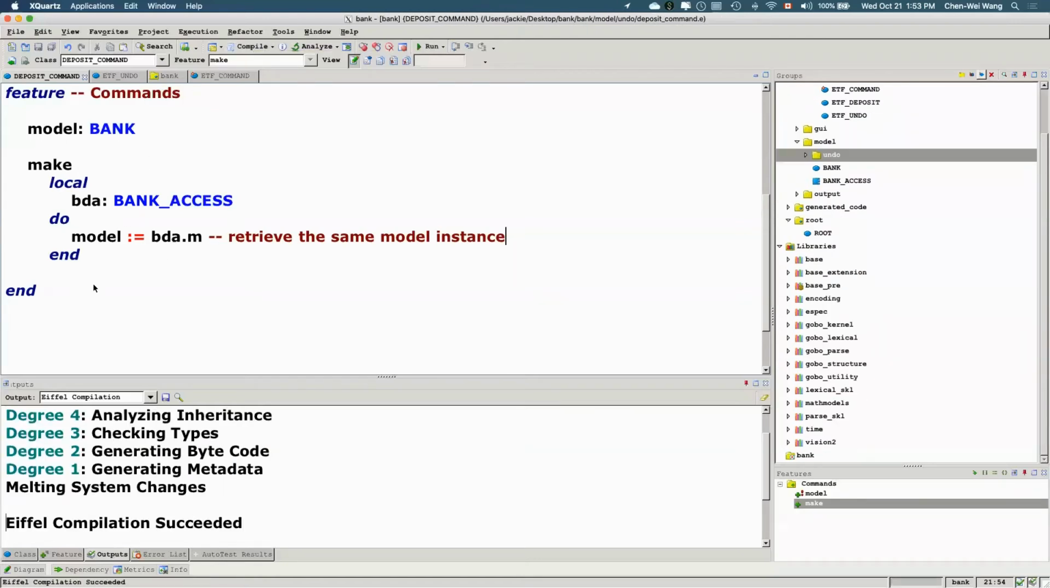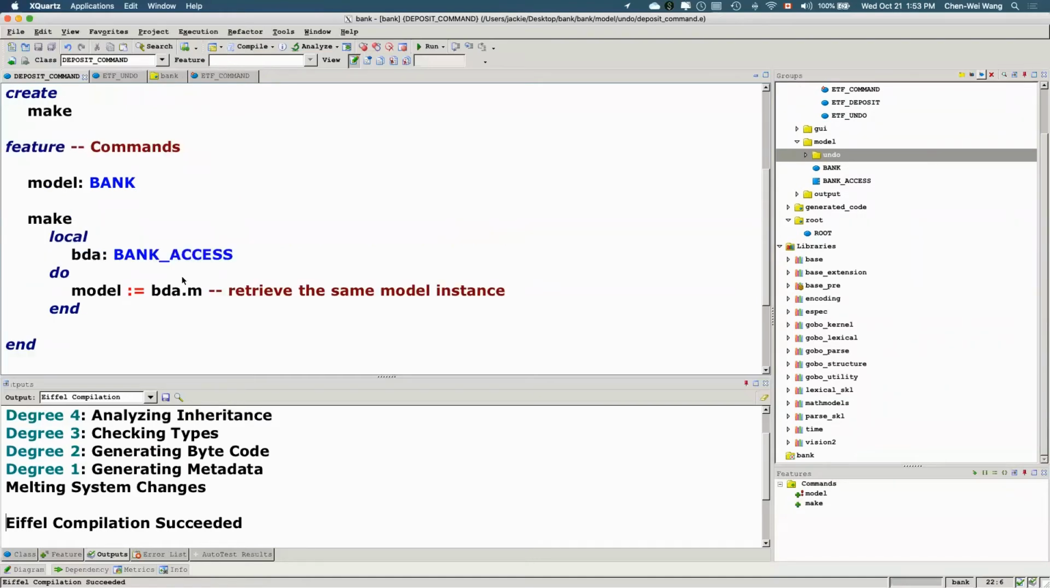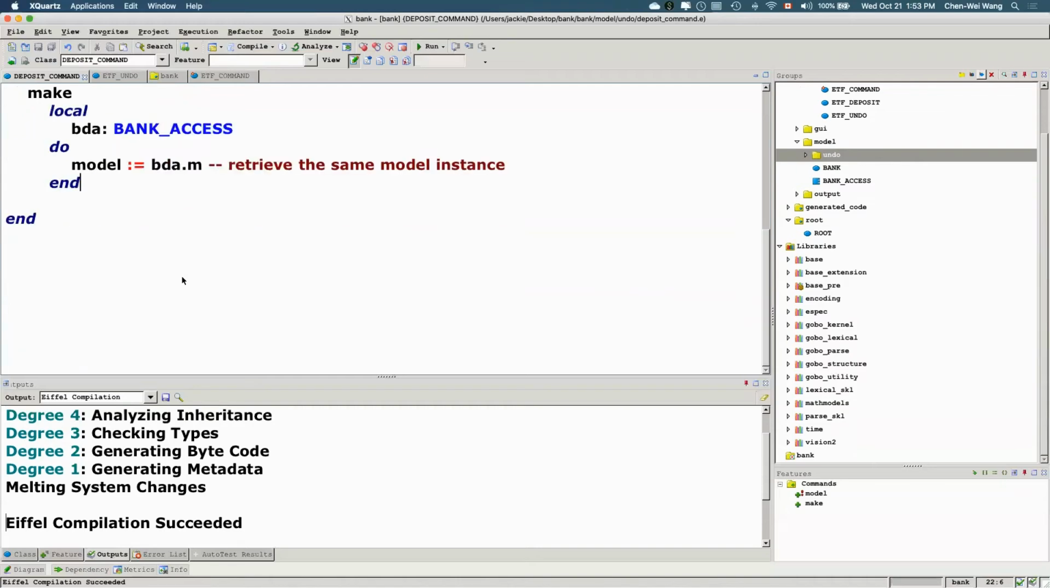Okay, so now everything is compiling. Let me see what else we need to do. We also need to store something. I'll get to that part in just a moment. And then, these are the undo, redo